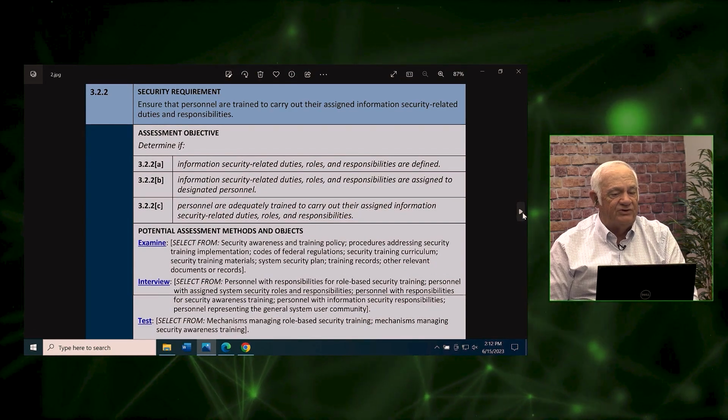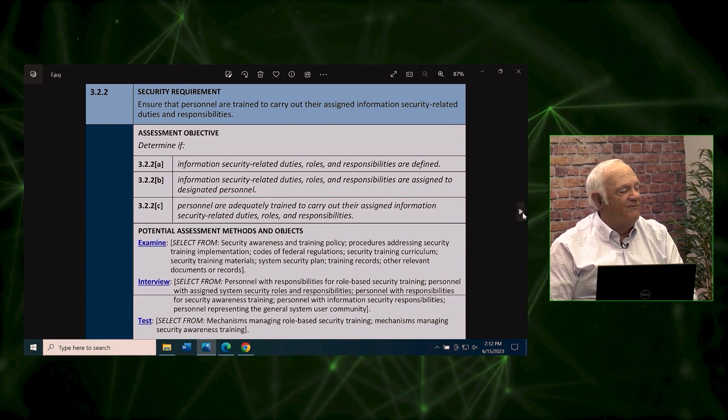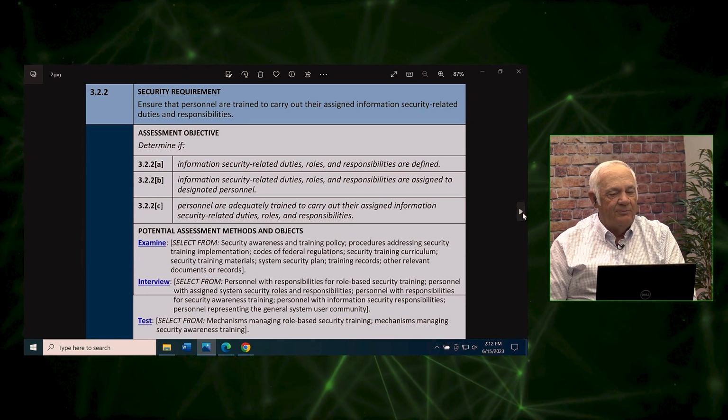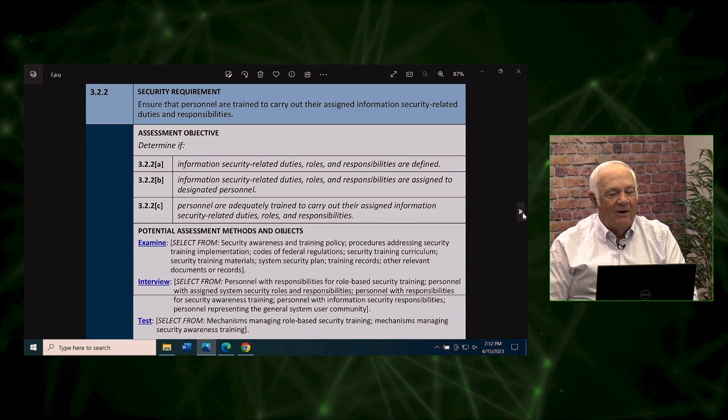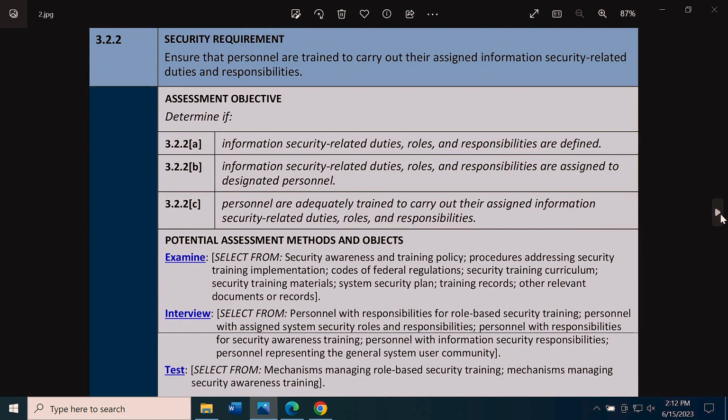And it says information security related duties, roles, and responsibilities are defined. So we're defining those. The B talks about the responsibilities, roles, and responsibilities being assigned to the designated person. So we're assigning those. And then once again, we're making sure that the training was adequate for them. So then we keep going, we go through that step again: examine, interview, test, and it follows that same